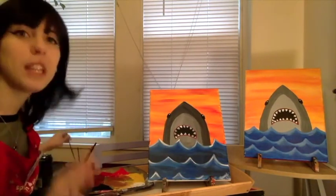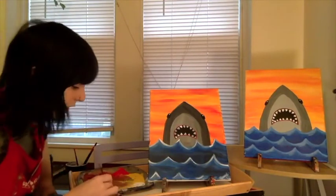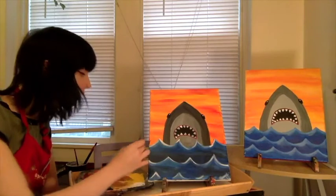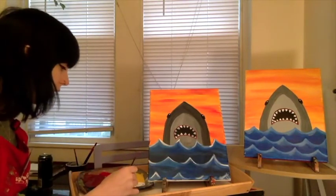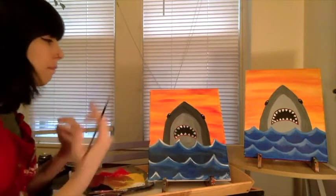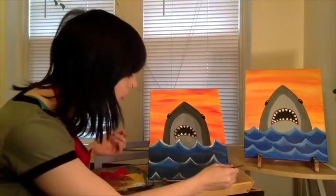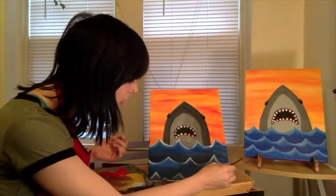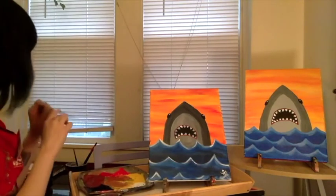Alright. So once you have all of this done, you're pretty content with it, you're ready to just be completely finished. I have one last step, and that is to sign your painting. So if you would like to do this, I typically tend to just use my small detail brush and white, black, whatever color works for you. You can sign it anywhere that you would like. Typically what I like to do is sign it in one of these bottom corners. So I'm just going to go right down here and initial mine so that everyone knows that I made this